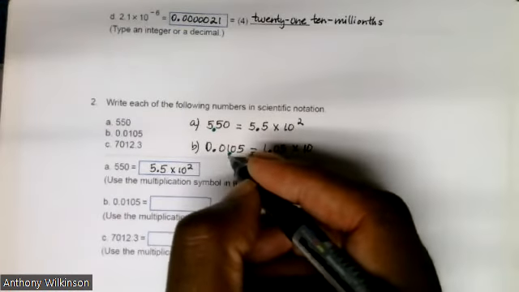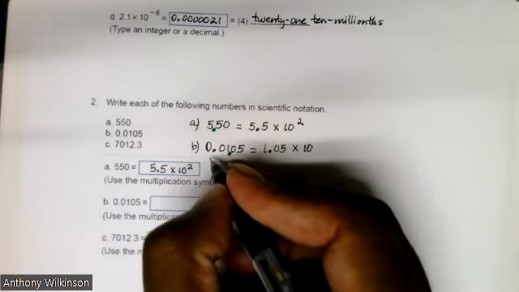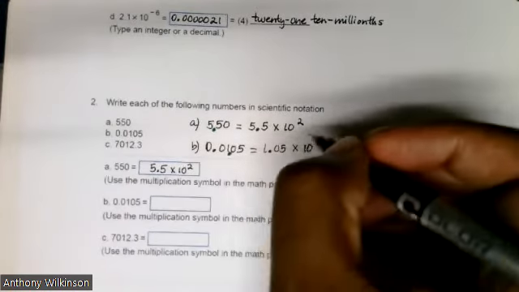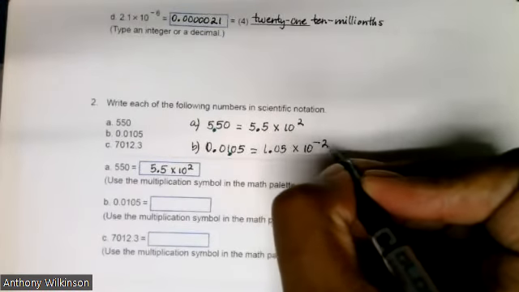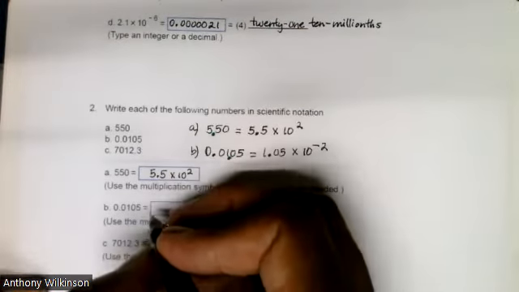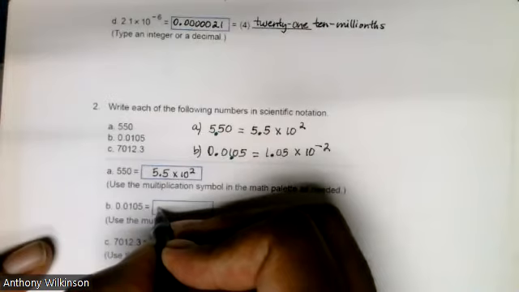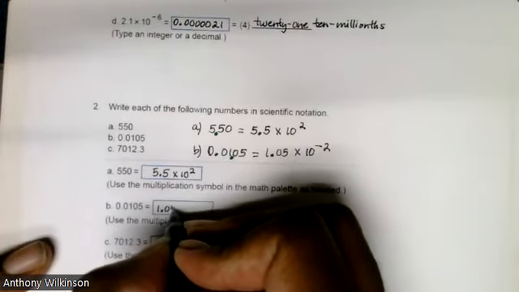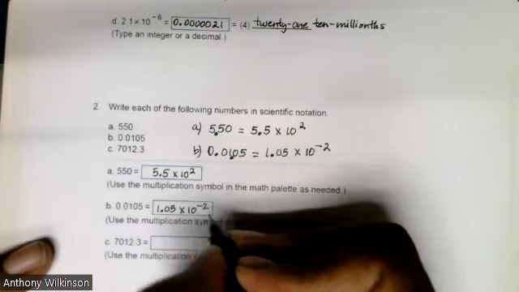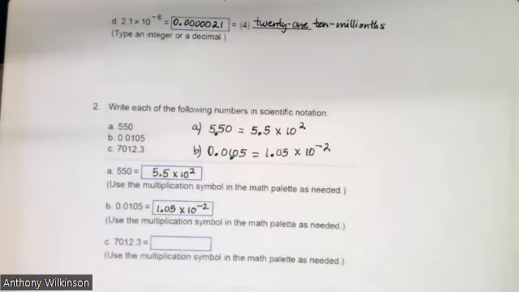So that means I have to use a negative exponent for 10. I moved it 2 places to the right because the original decimal point was here and the new decimal point will be here. That means that there are 2 digits in between. So it'd be -2 for the power of 10. So 0.0105 in scientific notation will be 1.05 times 10 to the -2. And then